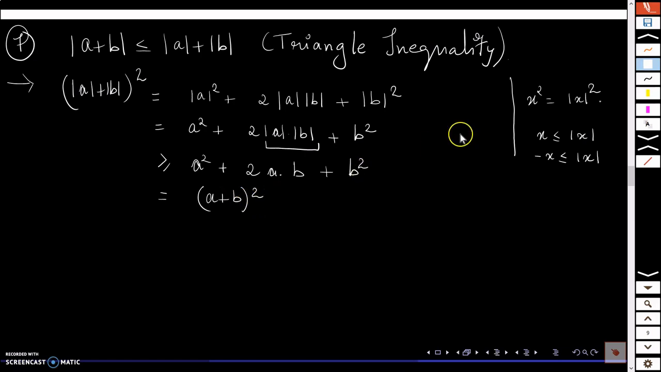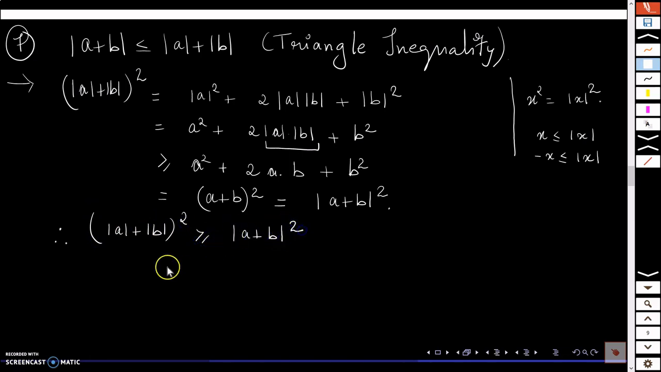Correct? And x square is the same as mod x the whole square. So if you think of this a plus b as your x, I have x square and I can write this further as mod (a plus b) the whole square. So I started with (mod a plus mod b) the whole square and we showed that it is greater than or equal to this. So finally what I have is (mod a plus mod b) the whole square is greater than or equal to (mod a plus b) the whole square. And now by taking positive square roots on both the sides,